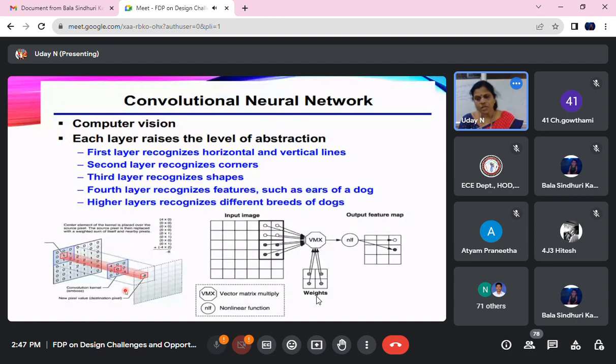Here also, whatever neural network you are taking, the input is given across some input layers. All the input layers are in the form of a vector, and all the weights are in the form of a matrix, and the processing unit is always a vector to matrix multiplier, and at each layer we use a non-linear function to get an output feature map. This is how we visualize the convolution neural network architecture.